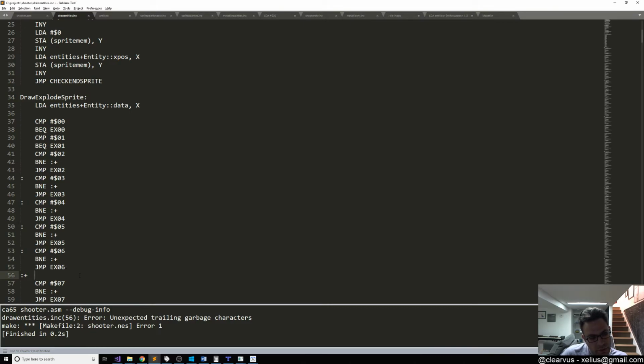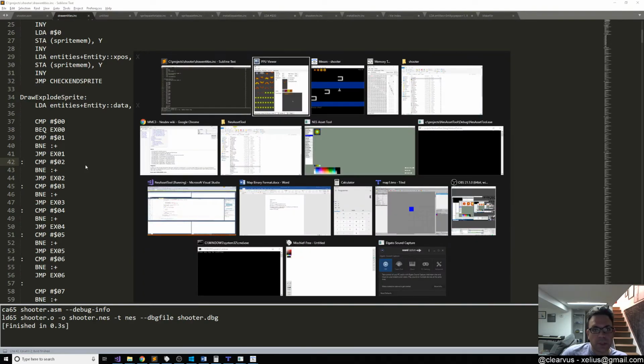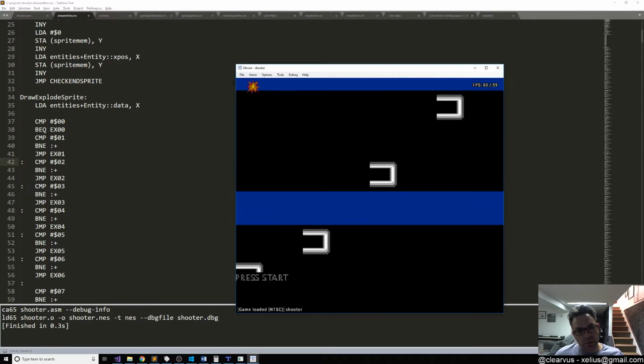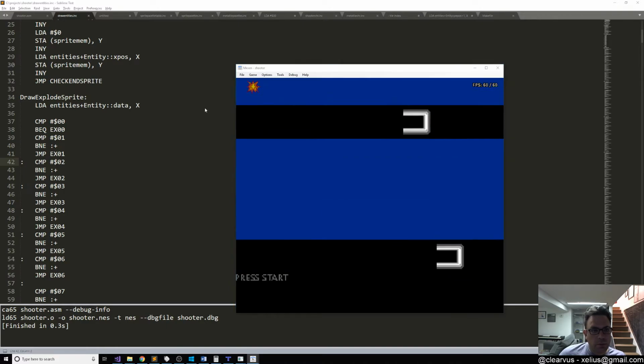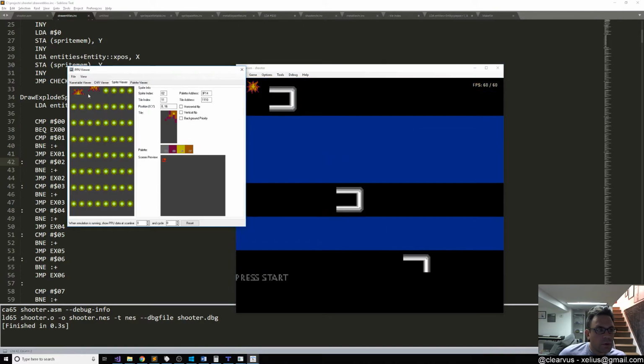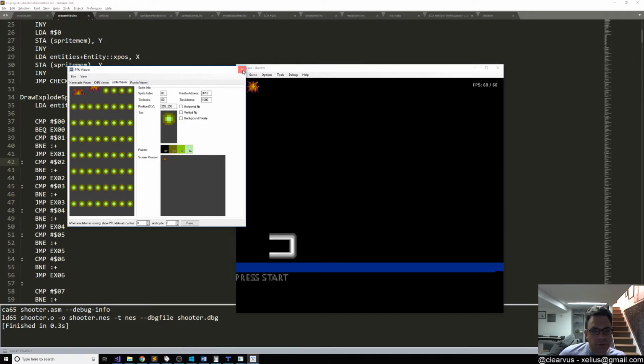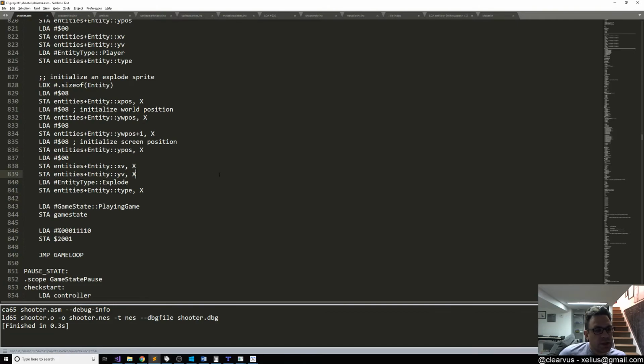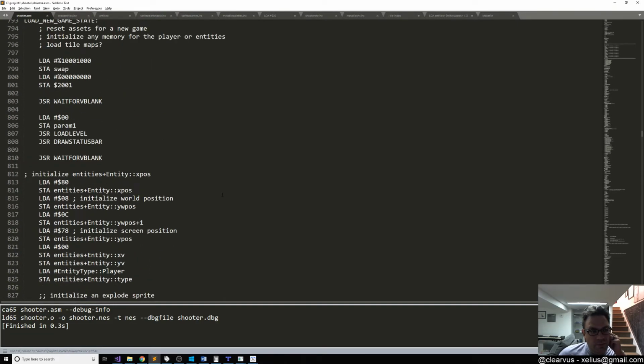Unexpected trailing garbage. Oh yeah, you don't need the plus there. 40. Oh really? Even that one? Okay. Branch not equal to that, then jump to that, and then do this. Okay. So now we should just see the one sprite, which we do. And if we go to the PPU, in the sprite viewer, we do just have that one sprite, which is excellent. And now what we can do is in the game,